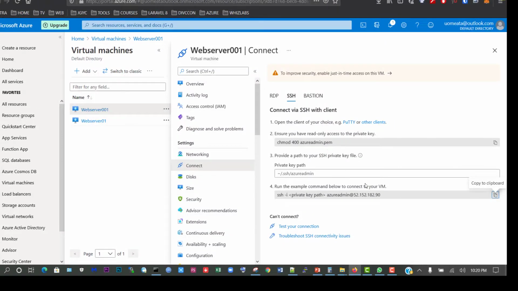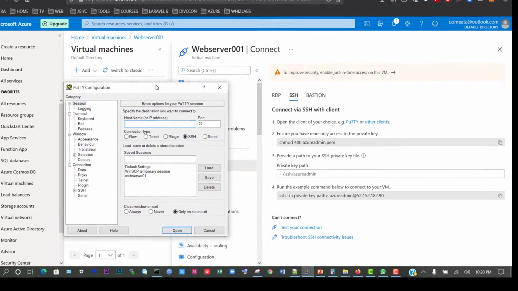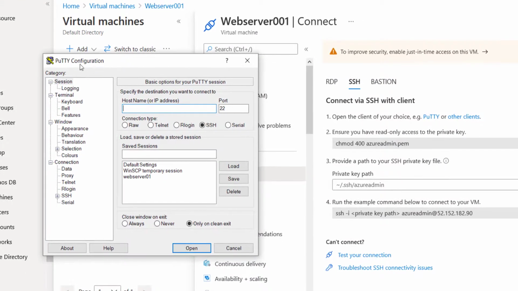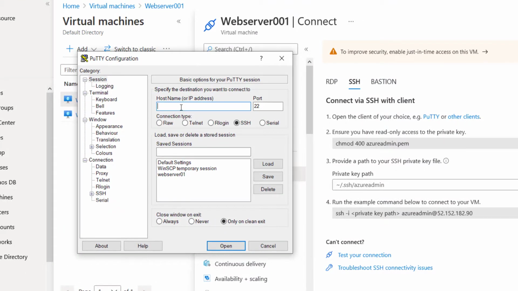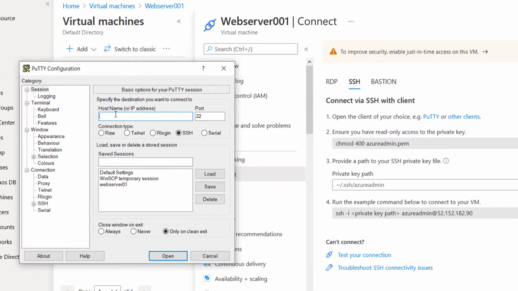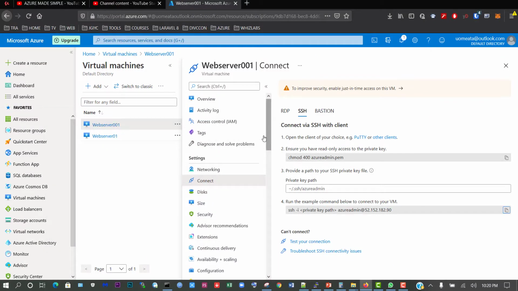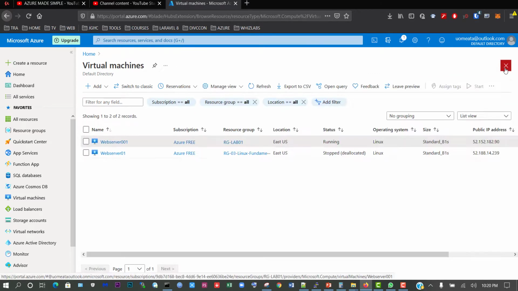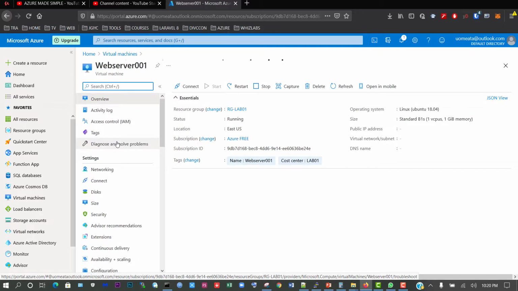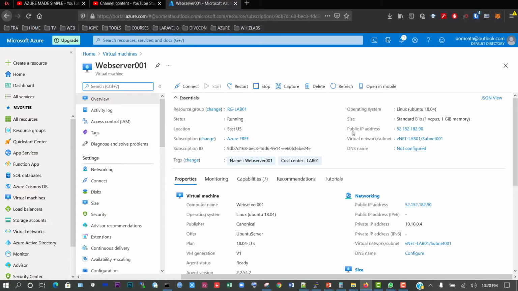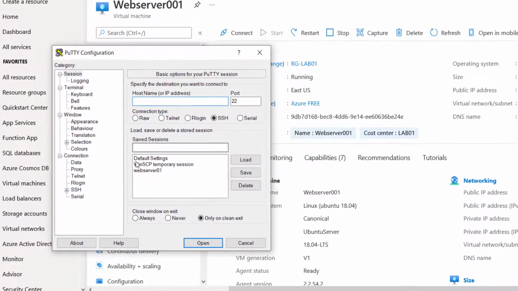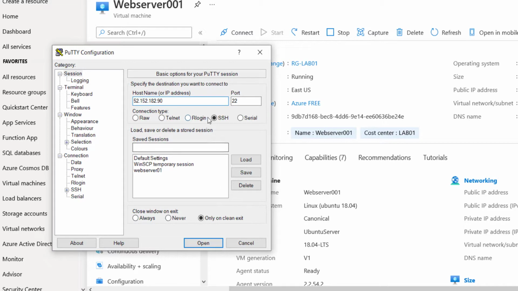So I'm going to open PuTTY and you can easily download PuTTY. You Google PuTTY and download it. So I'm going to use the public IP address as the host name. So we'll close this and go back to our web server and we can see the public IP address here. So copy that, come back to PuTTY and we'll paste that there, and we can see it's SSH port 22, and we would now like to open the connection